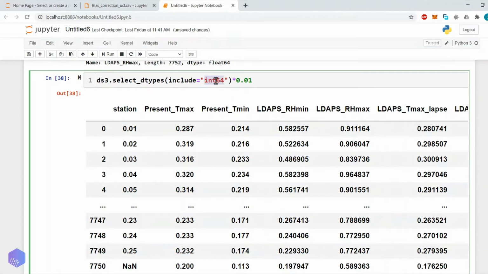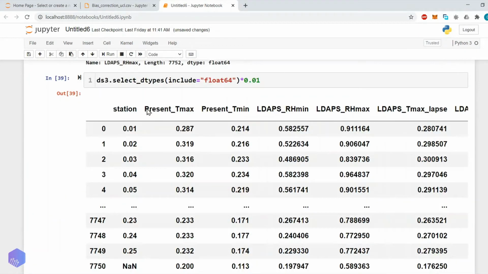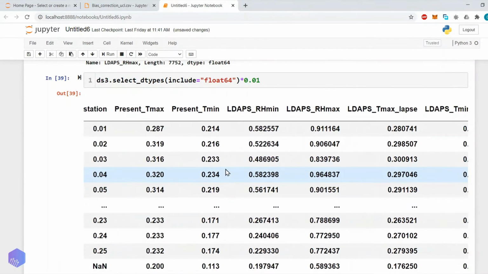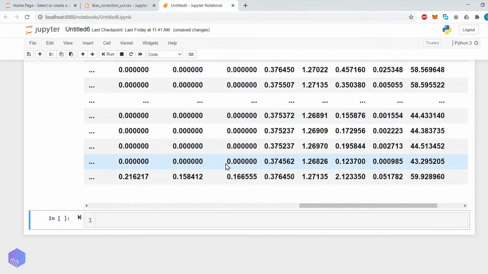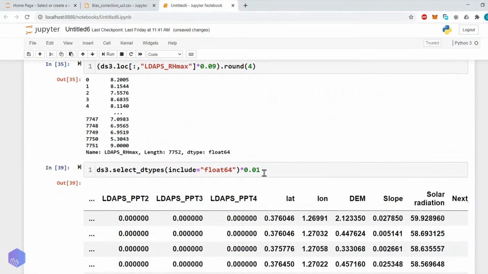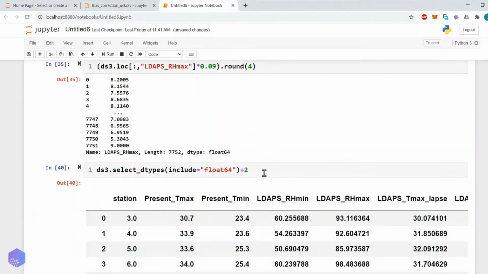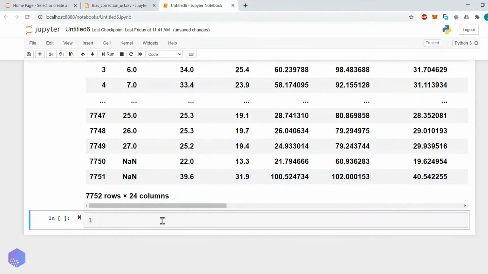Or if you want to manipulate only float values, then here you can write float64. All the float values will be manipulated. So number means it will select all the numeric values.